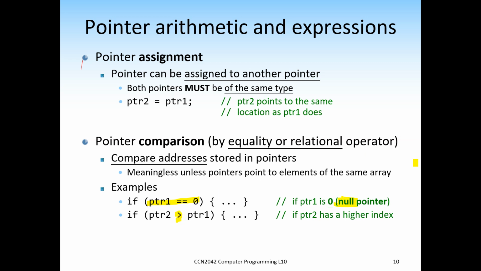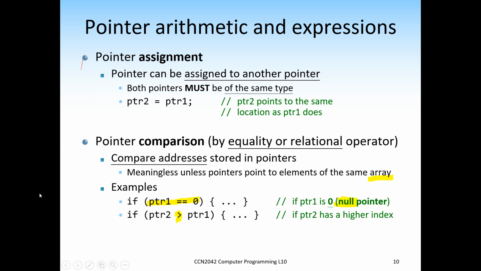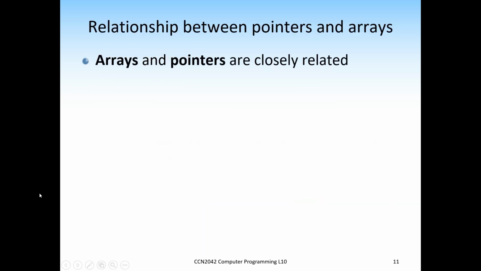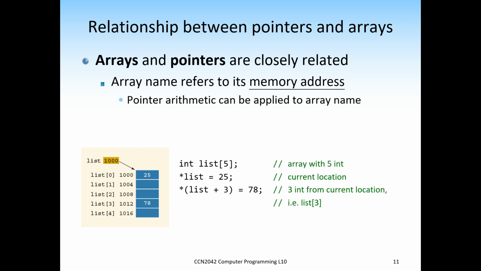And then other than that, in terms of comparison, it is meaningless unless it belongs to the same array. 除非係講緊同一個 array 之中啦，如果唔係大細嘅比較，純粹係地址上面嘅大細比較，就冇意思嘅。So in terms of array and pointer, they were closely related because an array is actually a pointer, but it is a constant pointer that we cannot change the memory address. 咁其實 array 都只不過係講緊一個 memory address 嚟嘅啫，咁特點只係唔俾改佢嘅地址。